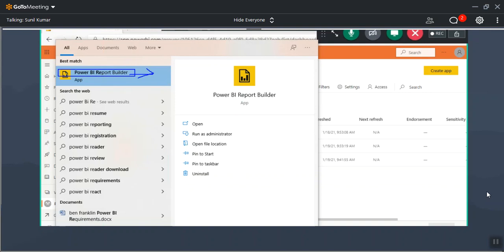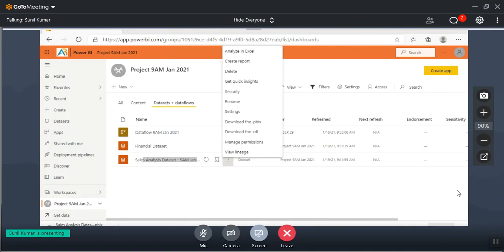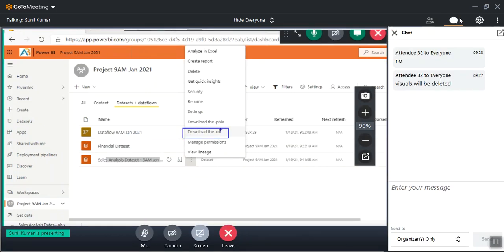This software is used for creating paginated reports. There is a concept called paginated reports. To create paginated reports, we use Power BI Report Builder. When you create any report using Power BI Report Builder, you'll get an extension called RDL. You ignore it. We'll work on Power BI Desktop, and when you develop something in Power BI Desktop, you'll get an extension called PBIX.